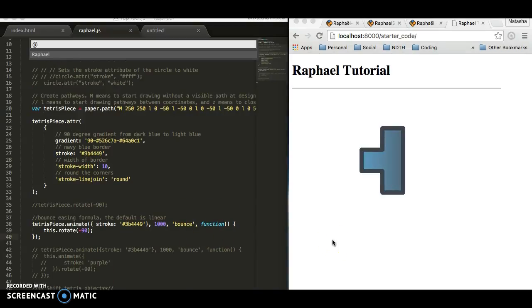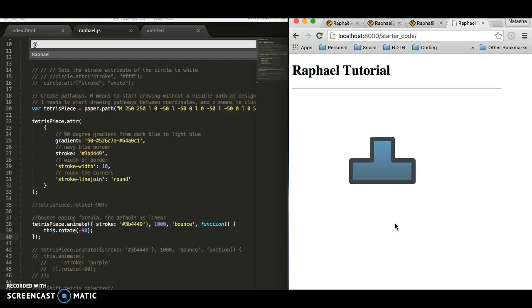That just found some punctuation error there. Now we have everything up and going. So as you can see here, it's very similar to our rotate method, except what we're doing is adding a little bit more bounce to it. So we're animating this piece a little bit. So if we display this, you can see that there's a little bit more of a pop to what we're